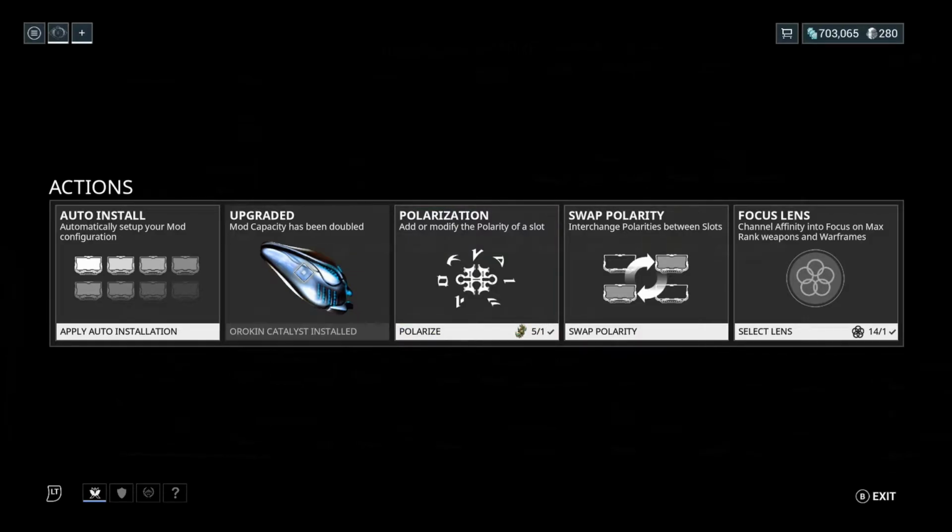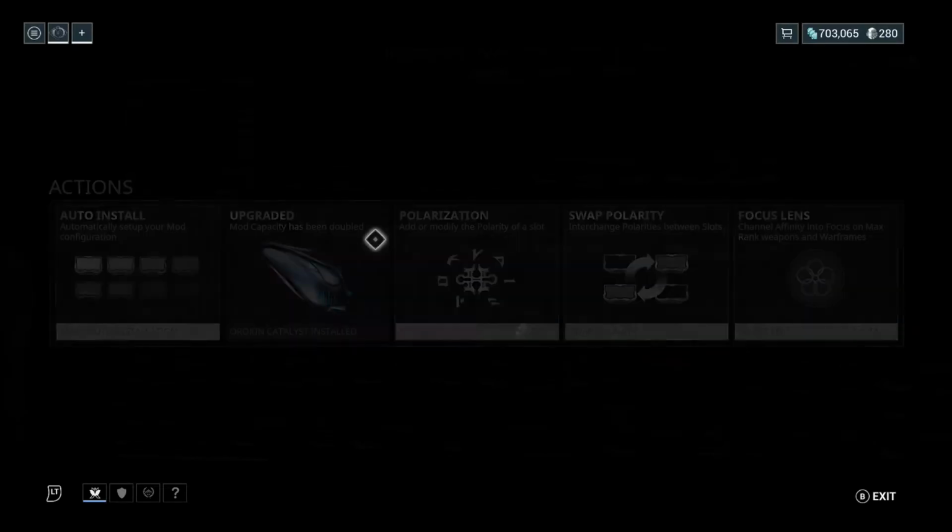The catalyst is basically the reactor of primary weapons, secondary weapons, and melee weapons. So whenever you want to upgrade melee weapons, primary weapons or secondary weapons, you want to use an Orokin catalyst. Whenever you want to upgrade or double the mod capacity of a Warframe, you need a reactor, which obviously makes sense within itself. But anyway,